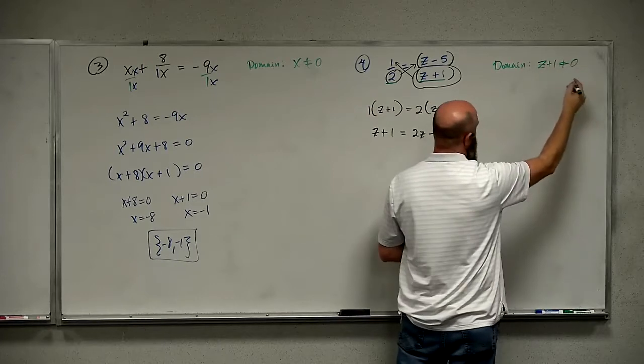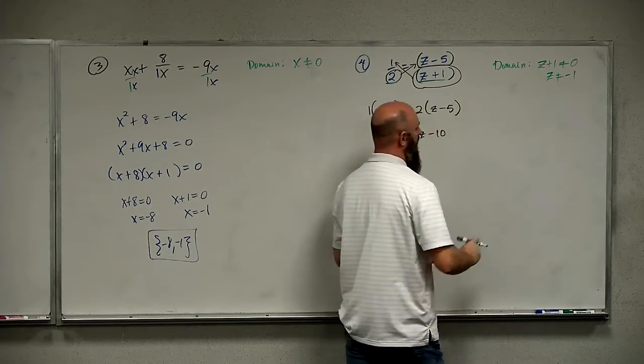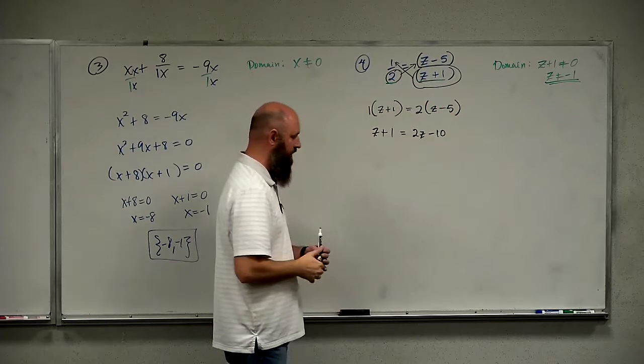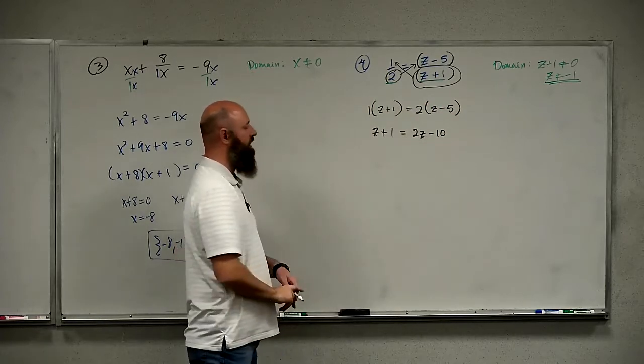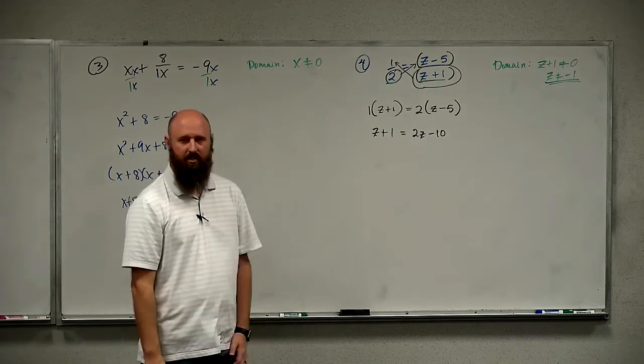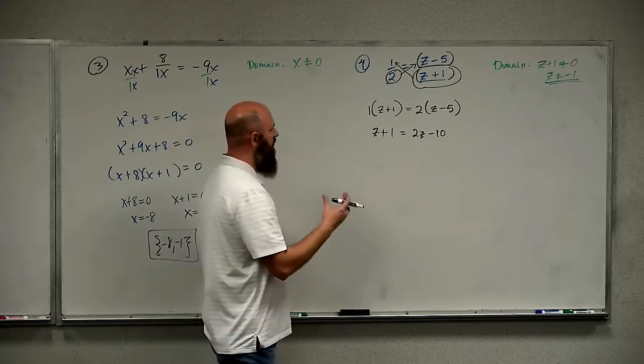So z plus 1 cannot be 0, so z cannot be -1. So we're going to be paying attention for that at the end. If I get -1 as an answer, I'm going to throw that out. So again, I apologize there for that. Moving a little too fast for myself. I know things are working and I can check at the end pretty quickly, but we always want to check